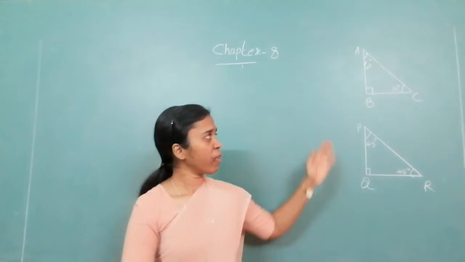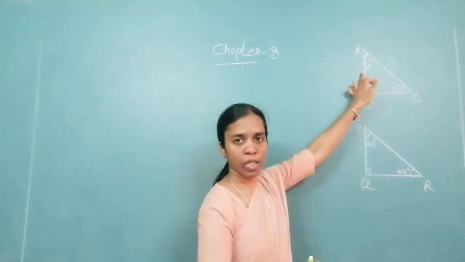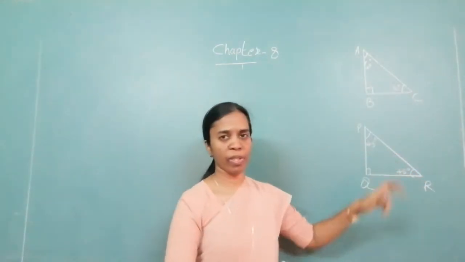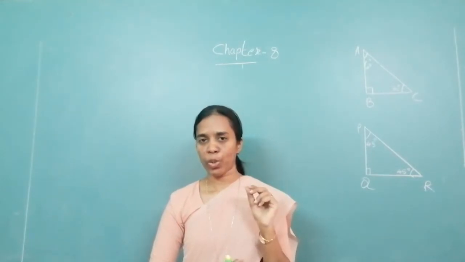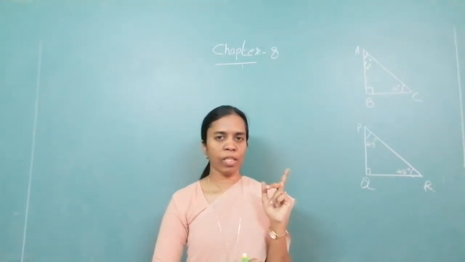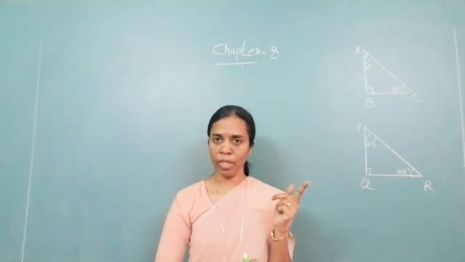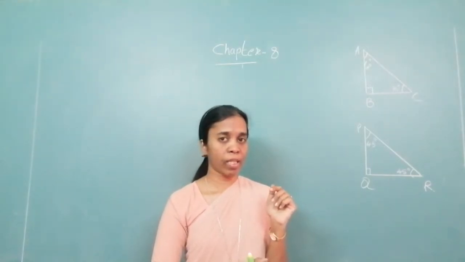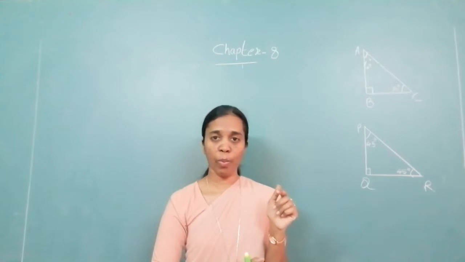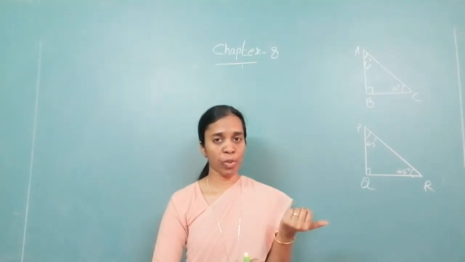Okay, I have drawn two right angle triangles over here. The first one is 30 degree and 60 degree acute angles. Next is 45 degree acute angles. Now we are learning with trigonometric ratios. We have learned somewhere in the previous chapters the 30 60 90 degree theorem. Do you remember that? In a right angle triangle 30 60 90, the length of the side opposite 30 degree is half of the hypotenuse. Similarly, the opposite of 60 degrees is root 3 upon 2.